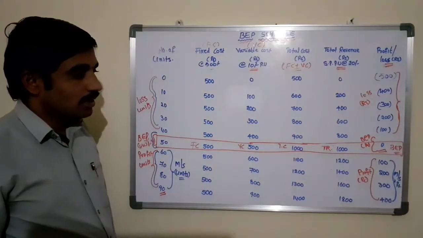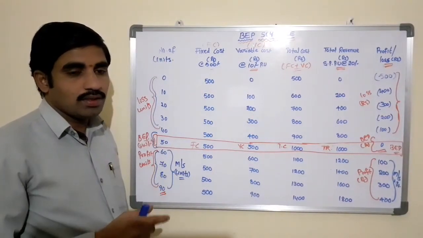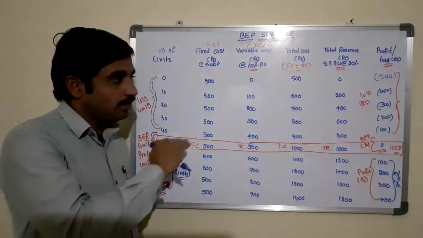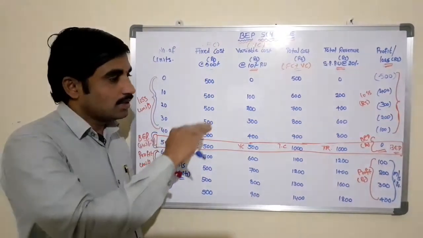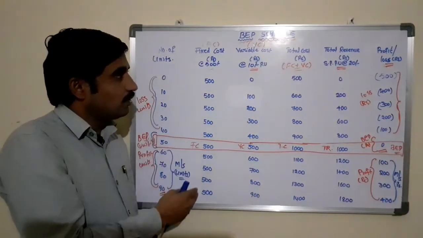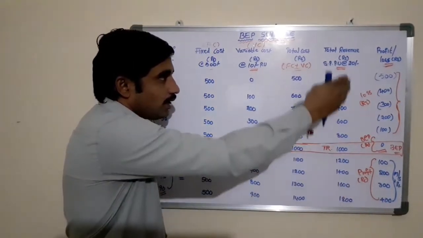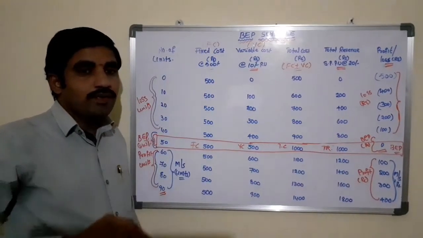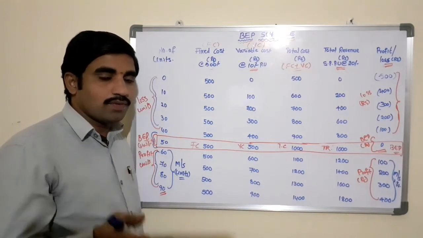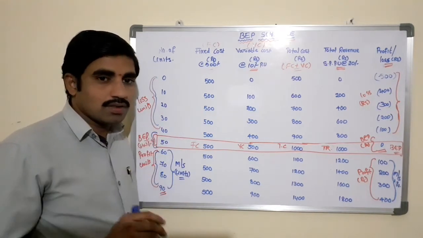Now we will see the break-even point, the nature of break-even point, or what are the different lines or the curves we will construct in the break-even point chart by using the schedule: fixed cost line, variable cost line, total cost line, total revenue line, and also identification of the break-even point, loss zone, profit zone, margin of safety, all these in terms of units and in terms of value.